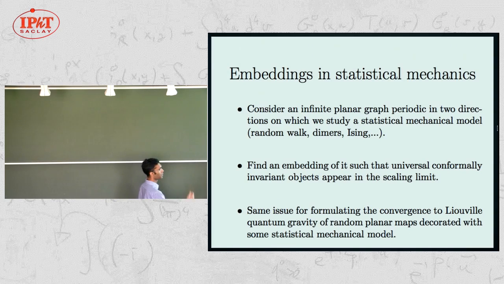So this is actually still an open field of research. And you have the same issue when you want to state the convergence of some random planar maps, maybe decorated by some statistical mechanical model. This will give you some random measure, for example, on the sphere, and you want to show the convergence of this random measure to Liouville quantum gravity. Here again, you need to specify some way of embedding your graph before you can formulate the convergence to Liouville quantum gravity. So actually this approach of using circle patterns to embed graphs to see Liouville quantum gravity in the